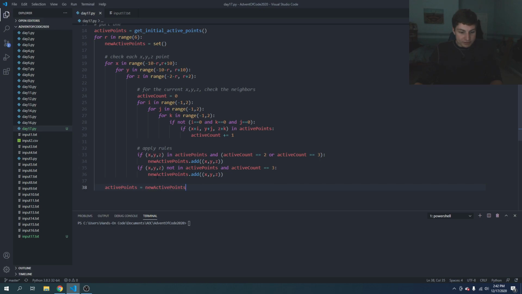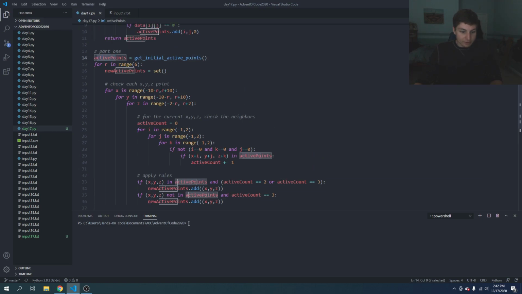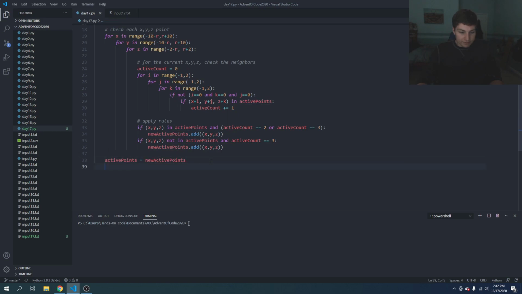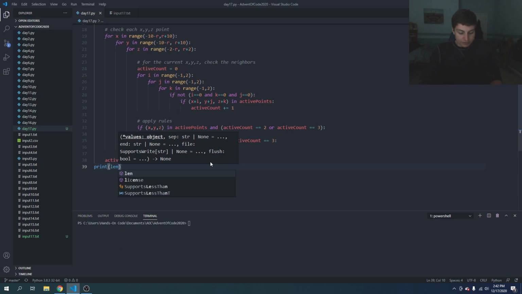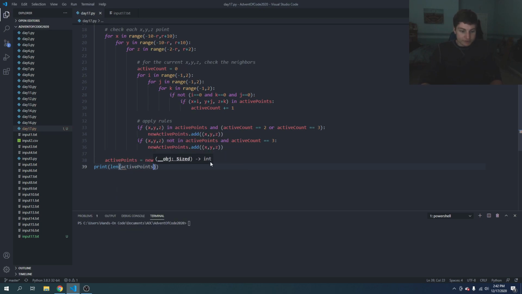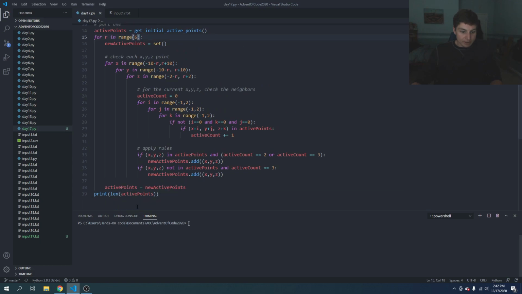So our new set of points will be used as the current set for the next round. And then at the very end, once we're done running that loop, print length of active points. So active points, after this loop is done, will be a set of all the active points after 6 rounds. So if we go ahead and run that,